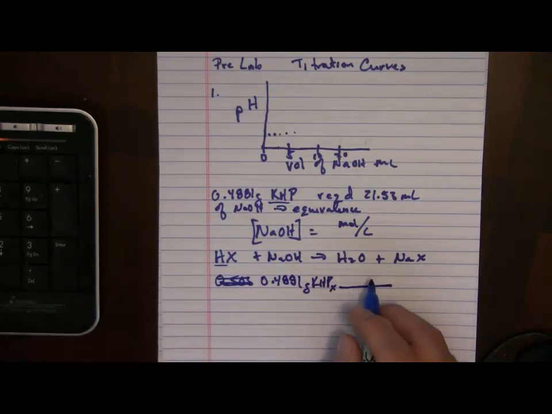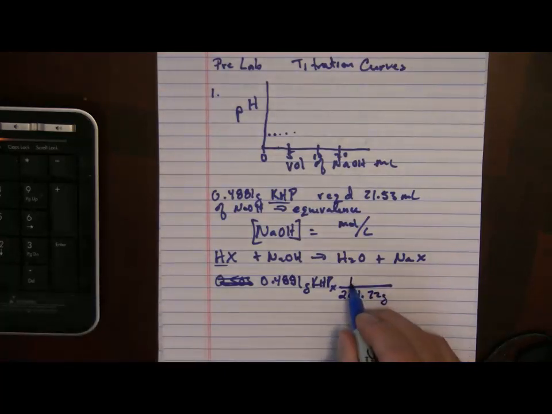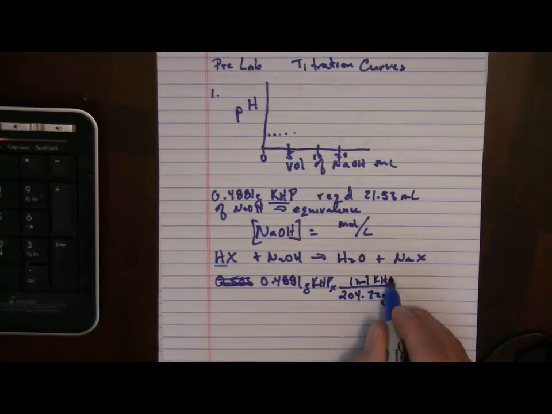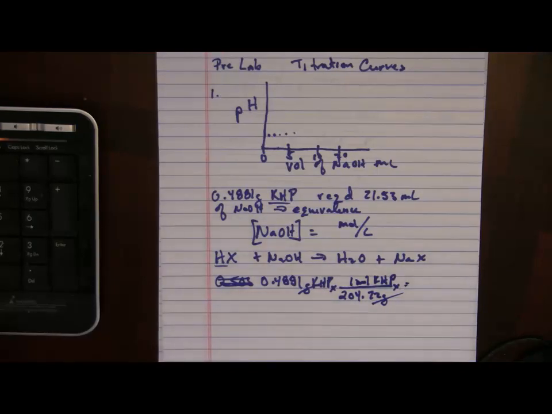KHP, you're given the formula, and the formula for KHP is, I think, I'm sorry, that's 204.22 grams for every 1 mole of KHP. And you're just going to have to look that up. The formula is given in the lab. That allows me to cancel grams, and that particular calculation